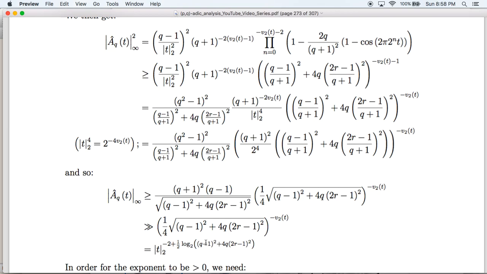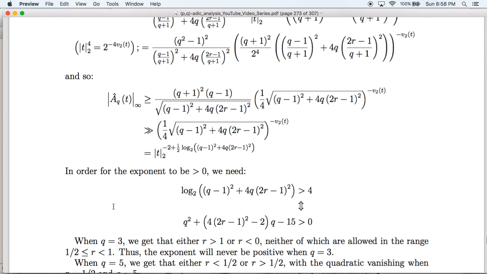And so what we want to show is when is this exponent going to be greater than 0? Because we need it to be greater than 0 in order to get divergence. In order for that to be true, we need this to be greater than 0, which is the same thing as this being greater than 4. And if we raise everything to 2 and rearrange and factor it out, we get the quadratic q squared times 4, q squared plus 4 times (2r minus 1) squared, minus 2 times q minus 15 is greater than 0. When q equals 3,